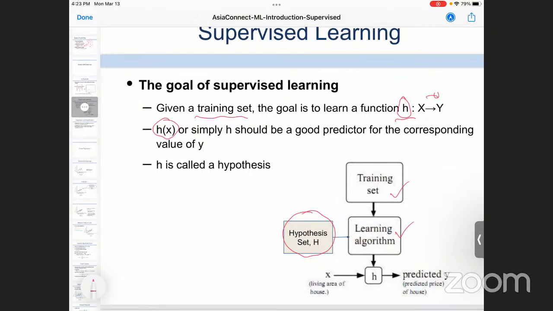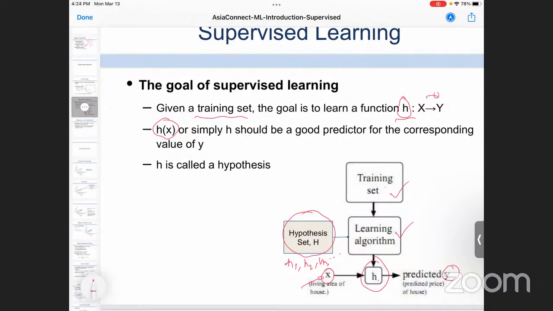From this hypothesis set, based on the training, there can be many hypotheses, H1, H2, H3. That means there are many mappings of X to Y. So you have to find a particular hypothesis that best fits your training data. And then when you give X as an input, this is unknown data. This is not training data. So using this function, you can predict the value of Y.